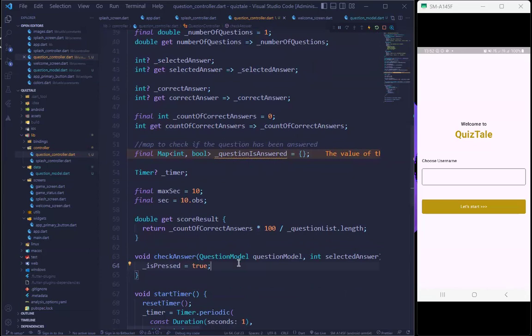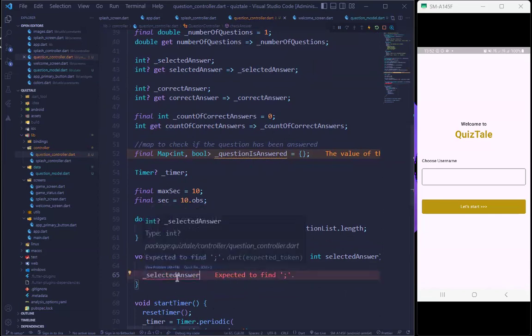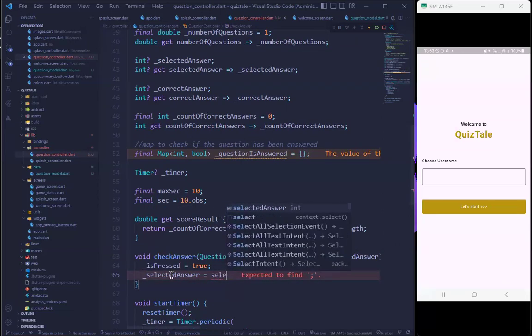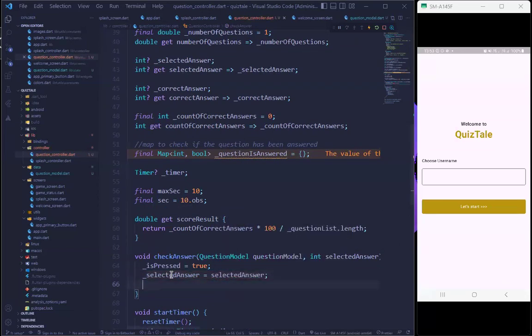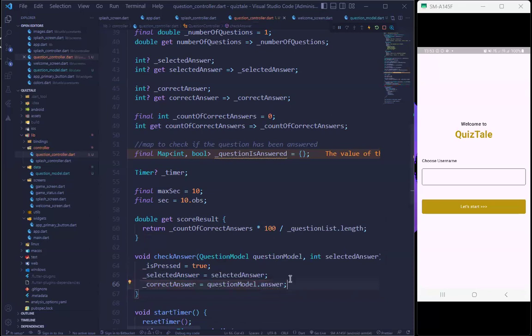Okay, so we switch it to true, which means you've pressed it. Of course, in check answer, is pressed now becomes true. And then our selected answer, this private variable which is an int, we're going to take in, of course, in this check answer, whatever the user selects. So whatever the user selects, we update this here. Also, we'll do that for correct answer. The correct answer, we can get from the model, which is our question model dot answer. That will give us the answer. So now what we'll do is to compare. So I'm going to say if correct